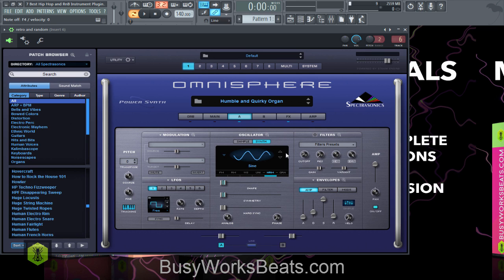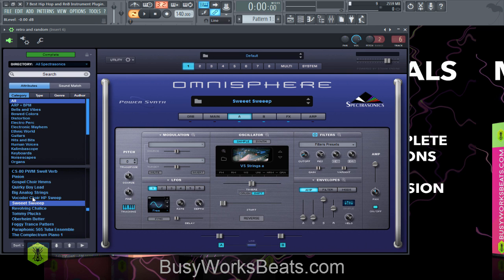But this is one of those plugins that brought instant inspiration for me, particularly for this list of the top 7 plugins for hip hop and R&B instrumentation. For example, in Omnisphere, you can hit shuffle, and that will randomly switch the presets up. So you can click on random stuff and just test it out. I found this very cool because you're discovering a new sound every time.